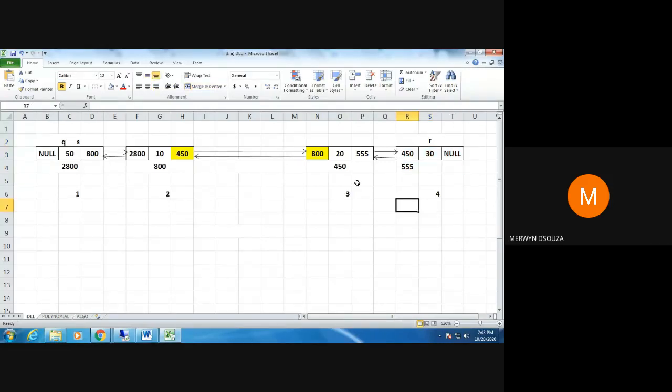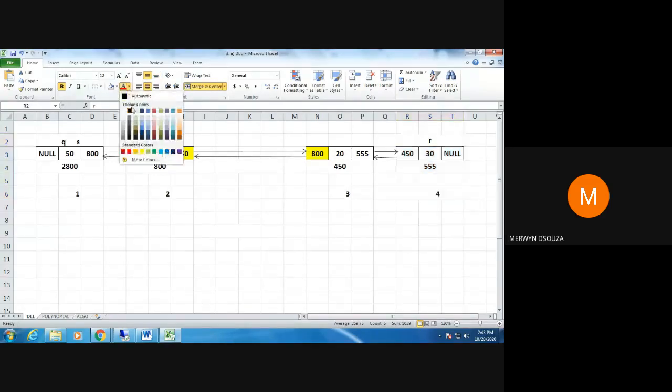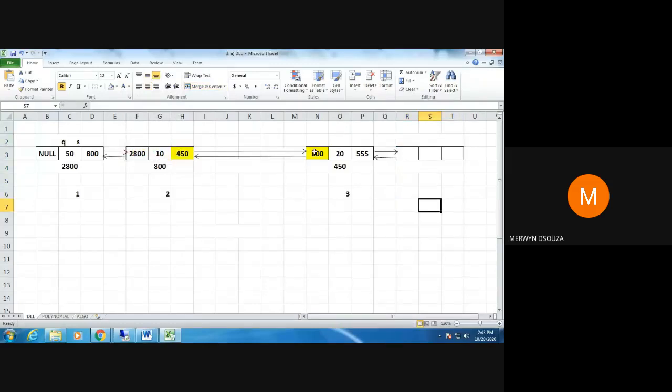Now if you are going to delete this node, before we see the actual code, which will be a new last node? If we delete this, your new last node will be this. So what should be the value here in the next part of this node? This value here should be null, right? If this is going to be the last node, then this 555 should get replaced with null. Okay, so that is what should happen when you are deleting the last node.